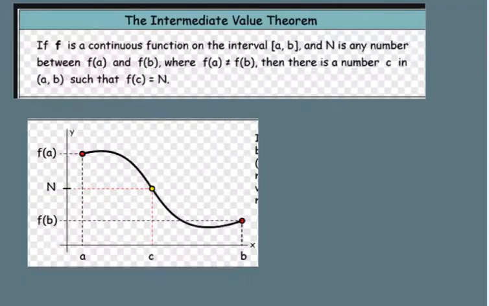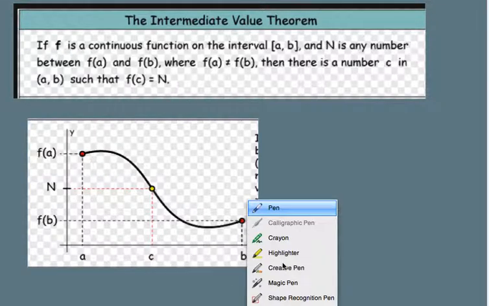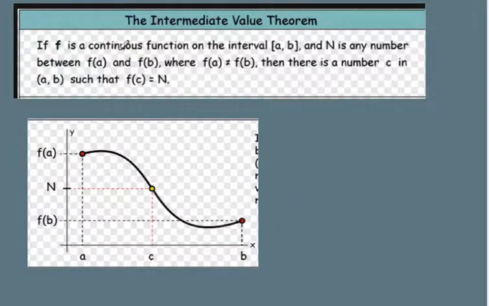Okay. So to review the intermediate value theorem, please feel free to stop and pause this video if you want to write down this definition. You do have the definition from chapter 2. So basically, let's highlight some important information here. The function is continuous, okay? So whatever our definition of continuous is for a continuous function, this function is continuous on the interval from a